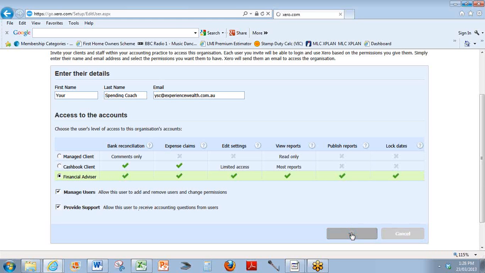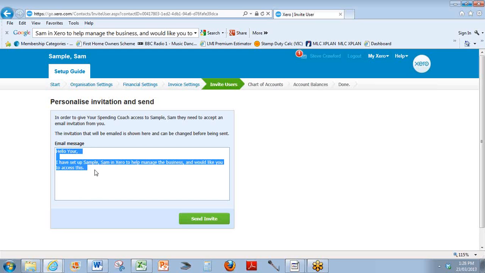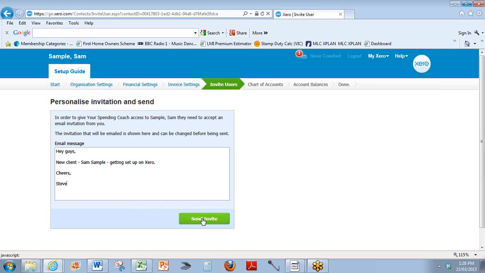So we hit continue. It'll open up a box to send an email. You can see the text is pretty standard, so you could just say, hey guys, new client, Sam Sample, getting set up on Xero. And that's going to send an email off to us to let us know that we need to add ourselves